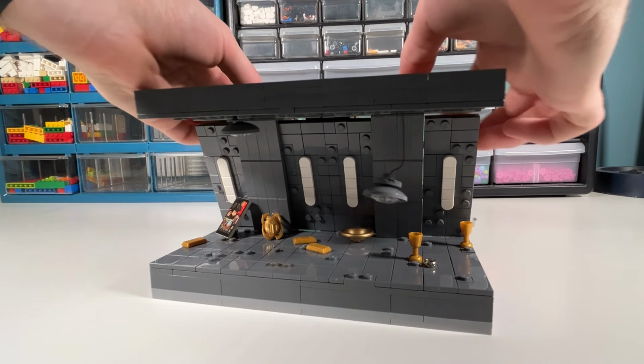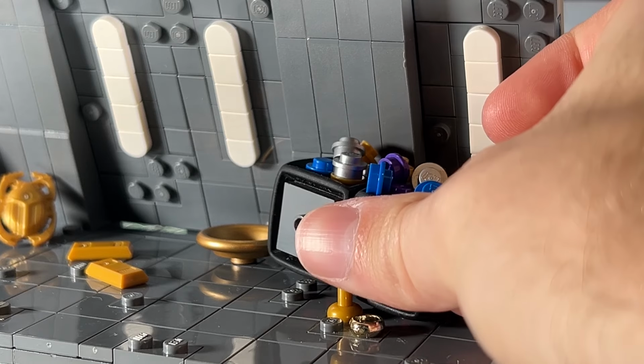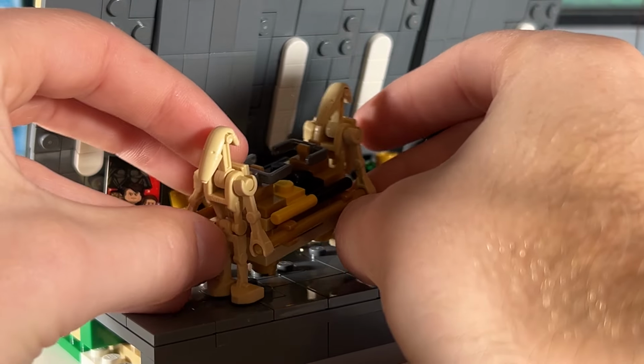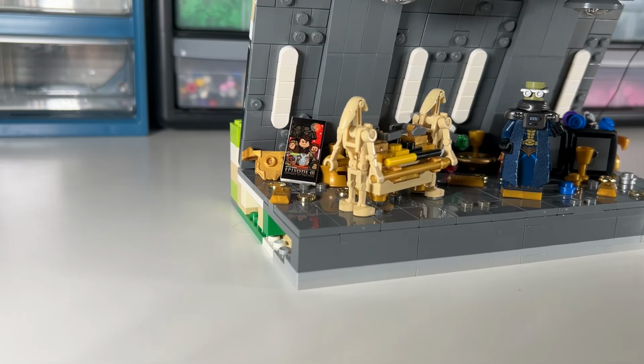With the room built, I want to add in some little details and Easter eggs, such as this crate containing the most valuable currency. I also had to throw in a mini kit, as well as Wat Tambor directing some battle droids who are carrying the Ark of the Covenant, which was actually an Easter egg in this episode to Indiana Jones and the Raiders of the Lost Ark, so I had to include a reference to that Easter egg